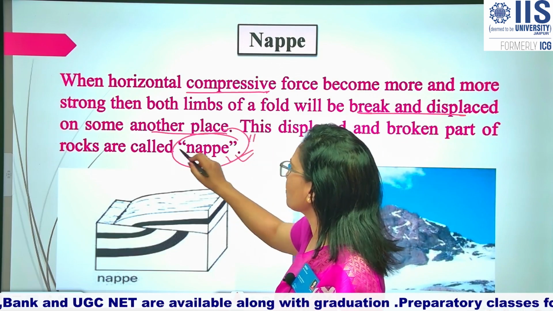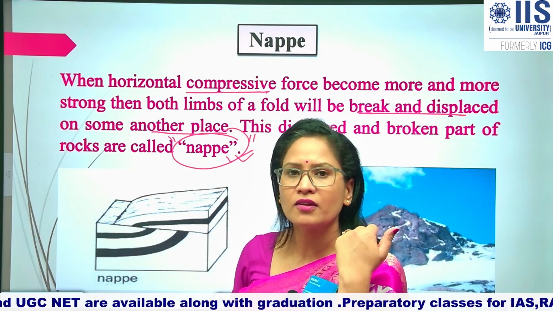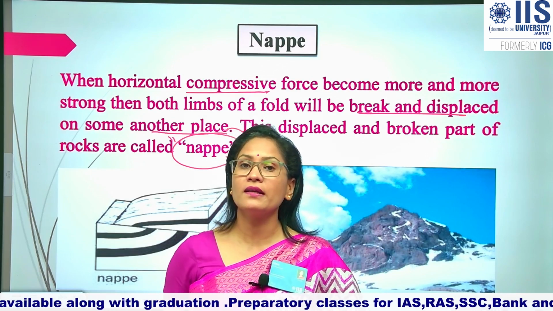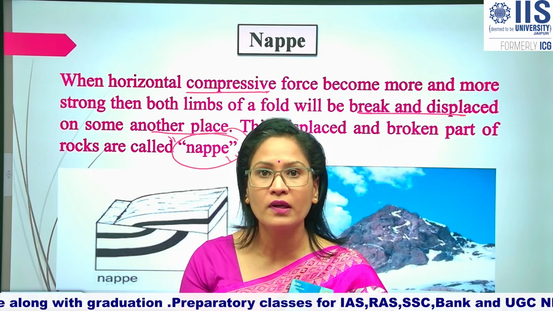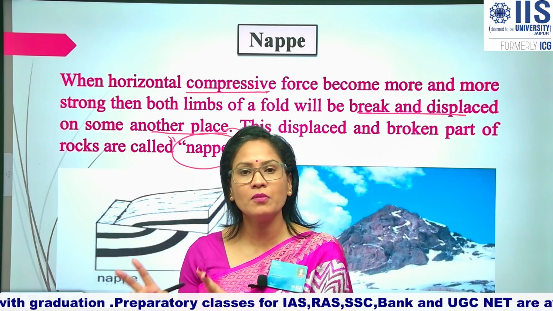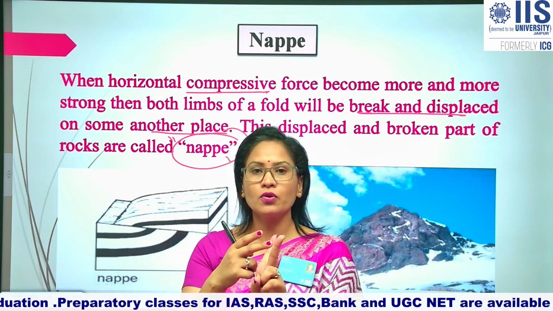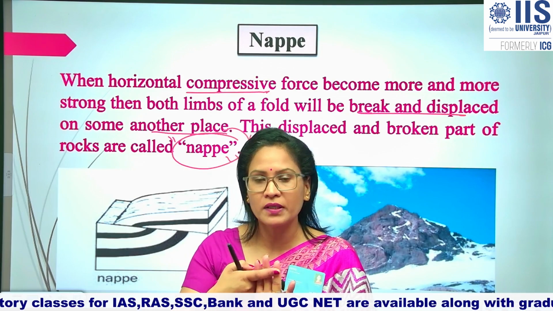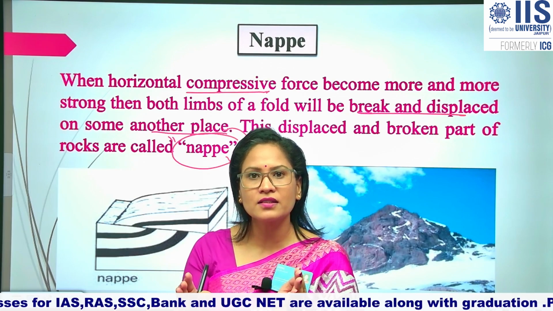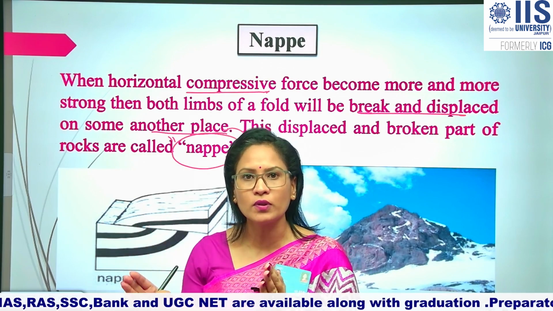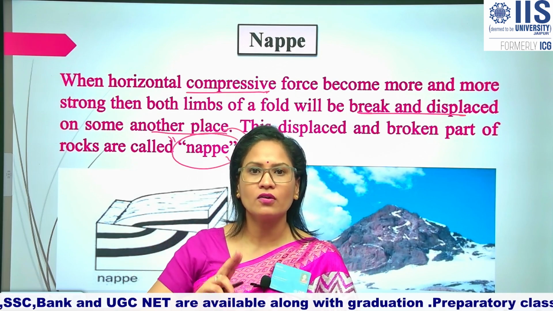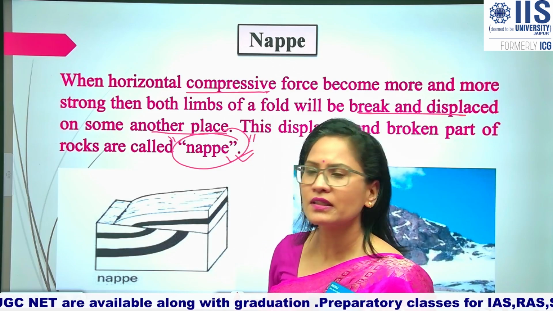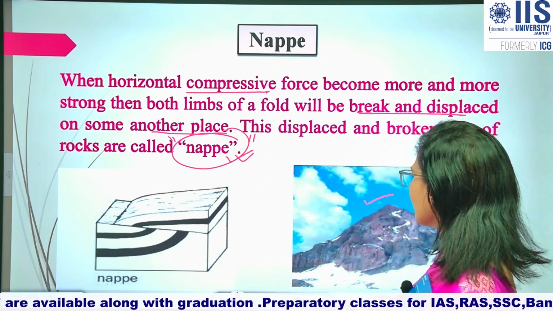This is a very popular term in competitive exams, in UPSC, in RPSC exams, and it is frequently asked, what is a nappe? Nappes are the broken limbs of any mountain due to horizontal compressive force. Is it okay? What is a nappe? Due to excessive horizontal compressive force, broken limbs are known as nappes. And there are many examples of nappes found in the Greater Himalayan region, as we have seen in this picture.